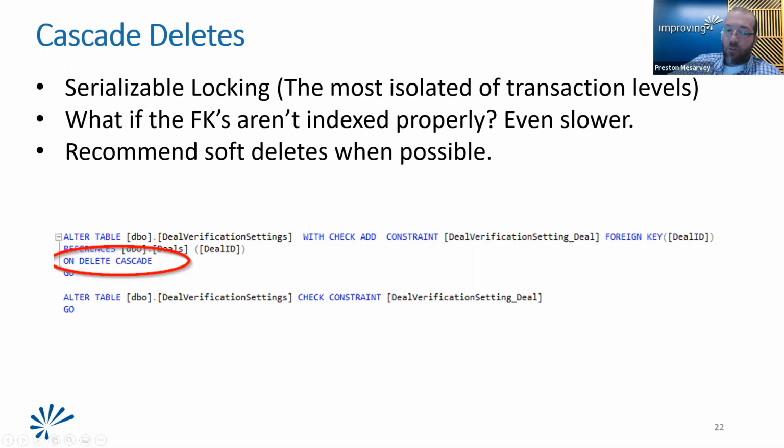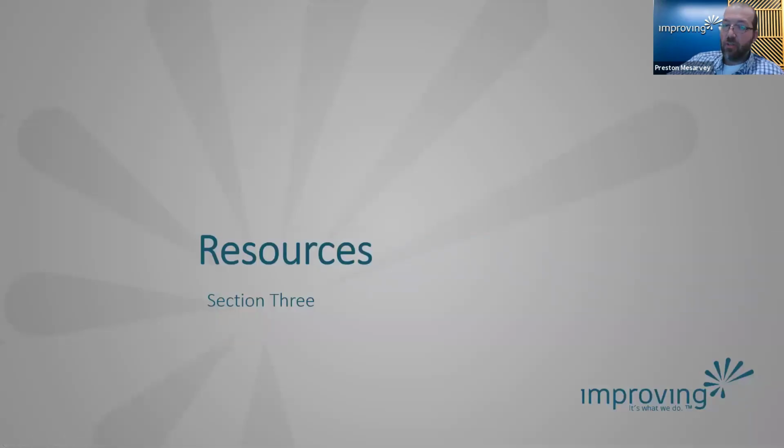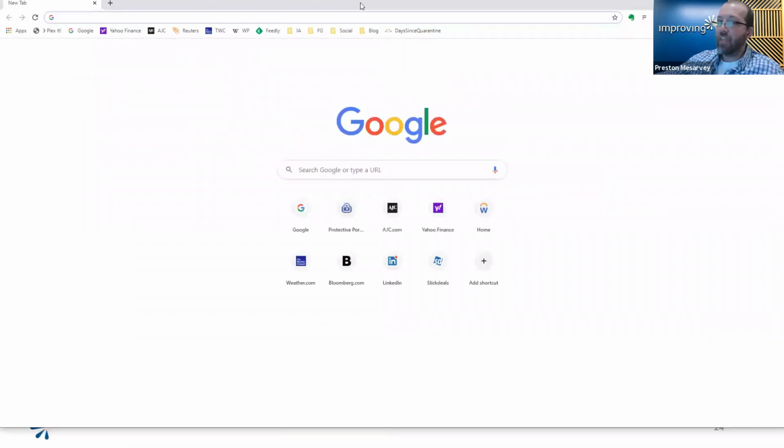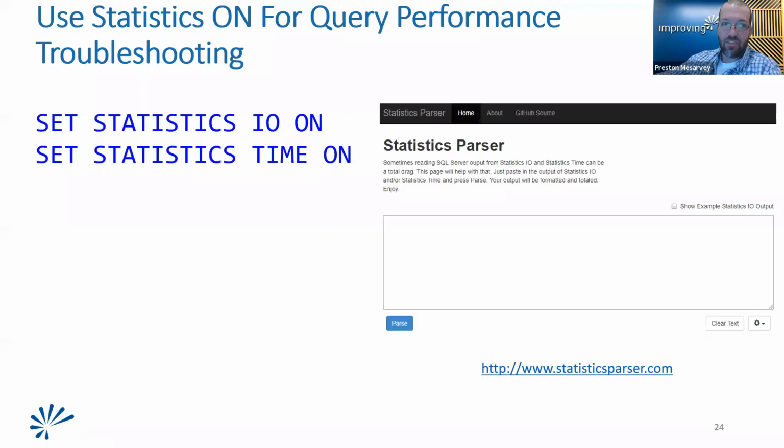So I want to go over some resources here that you can keep for your toolkit. These have helped me out, especially when doing performance tuning and looking at procs and getting more efficient solutions. The first thing that we looked at was the SET STATISTICS IO ON and SET STATISTICS TIME ON. Let me go ahead and bring up that web page. I want to show you what this does. This is a great tool that a member of the data community built